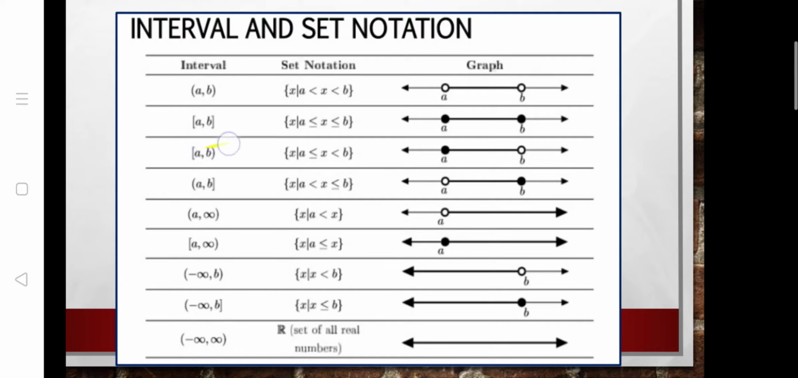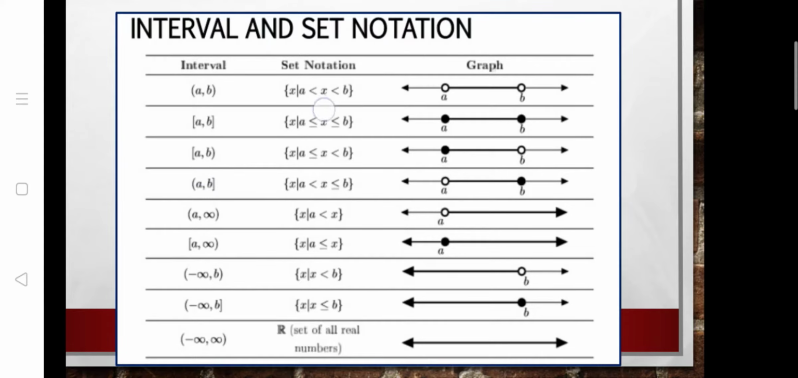a to b, but a is included and b is included because we have square bracket. Okay, so however, on this example, a to b, or the value of x is from a to b, wherein a is included because we have square bracket, and b is not included because we have parentheses. Okay,